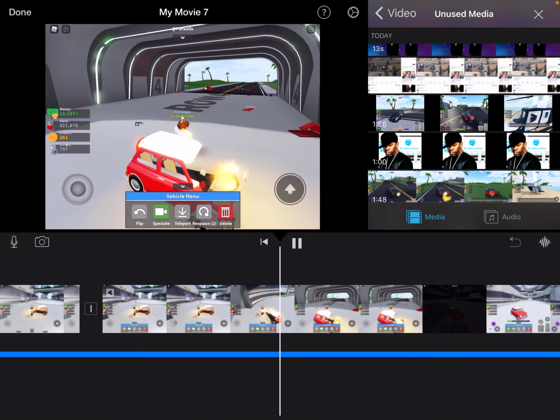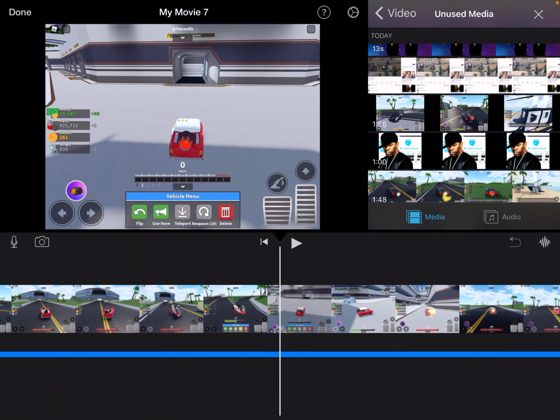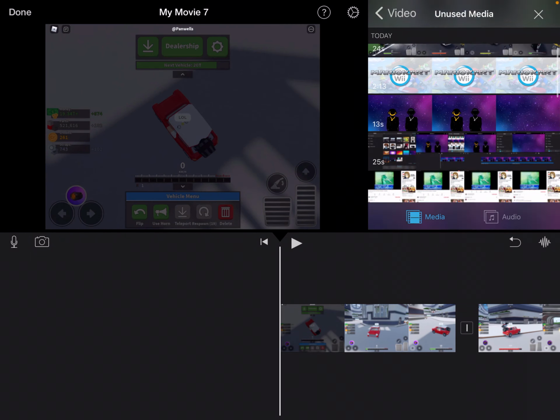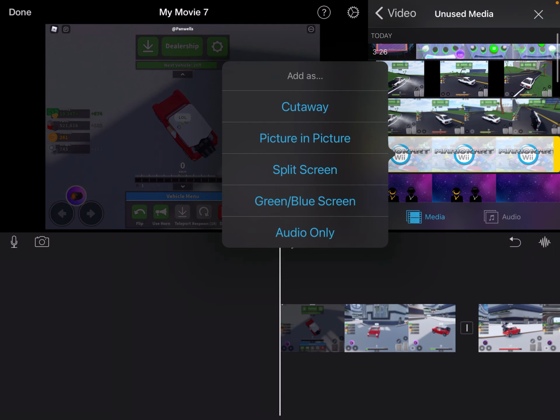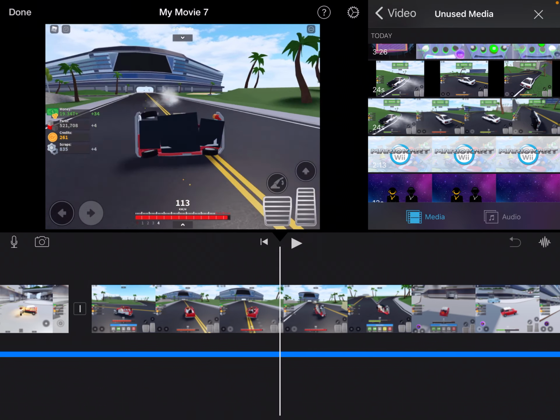So it does that, but I'm not gonna use that. Oh no, did I delete that? I'm not gonna use this song. I'm gonna just use this song. So yes, after that,